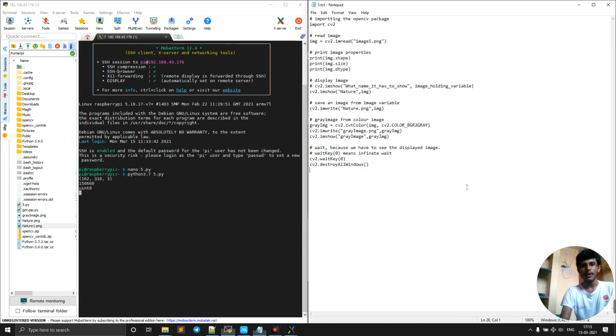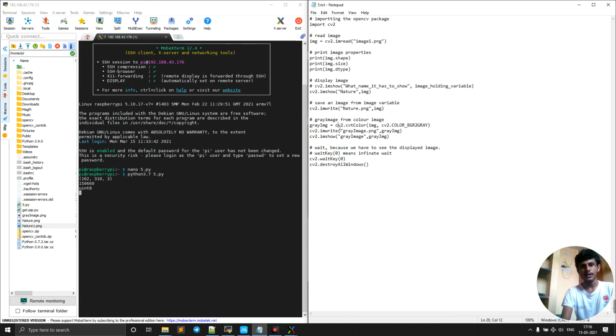So now I think you have understood the basic syntaxes of OpenCV. To display the image we are using imshow, to read the image cv2.imread, and to write the image cv2.imwrite, and the syntax for converting a color image to a grayscale image, which you need to remember, is cvtColor.